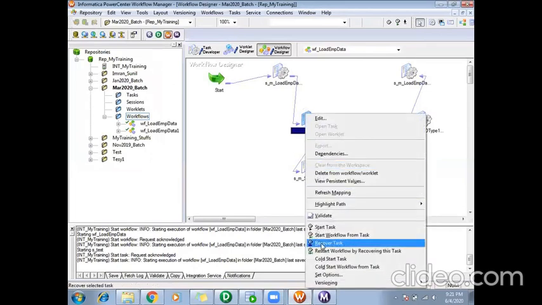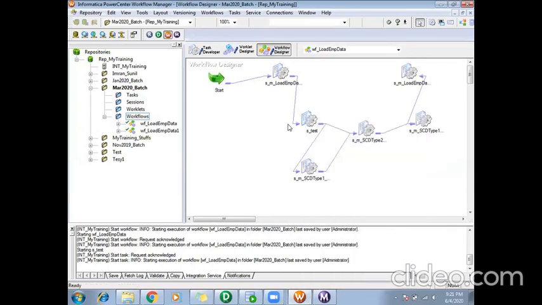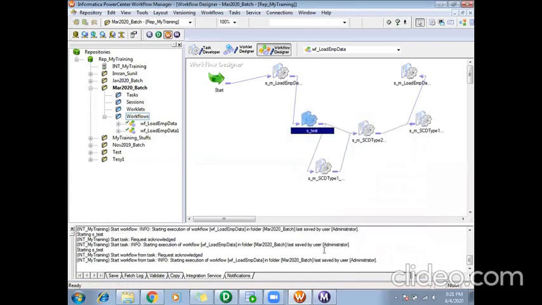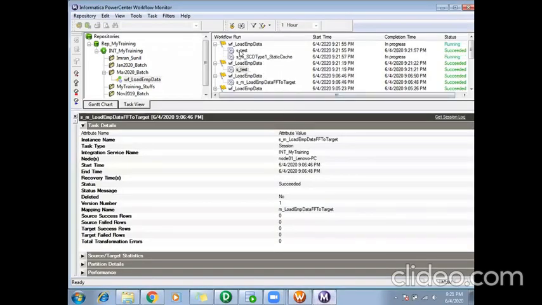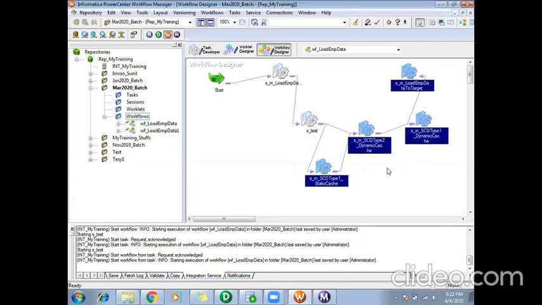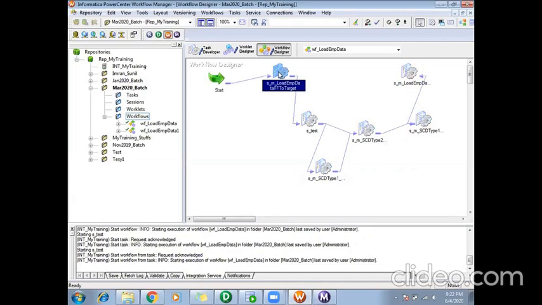And there is another option like start workflow from task. That means I want to run my workflow from this task. So it will start from this task, and it will also run the next tasks following this task. So that is what start workflow from task is. If I select this, it will start from the yes underscore test, then the next tasks, whatever are there. It will run these ones, but it didn't run the previous task. Okay, that is also an option.